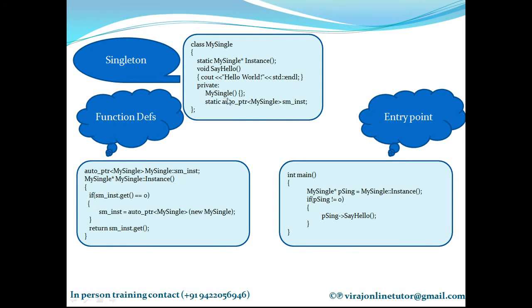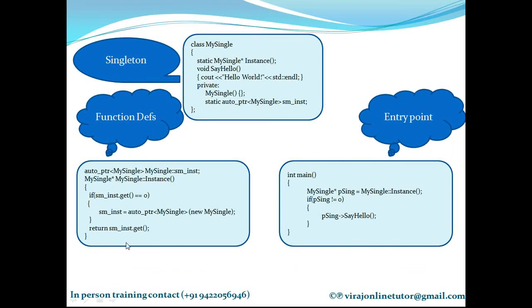Key point to remember in the singleton design pattern is make the constructor private. Please make the constructor private while implementing a singleton design pattern. The reason being, if you make it public, anyone will be able to create an object of your class. So the whole purpose of using the singleton pattern will go away. Hence, make your constructor private. The next is to use the variable for saving the object that you created.